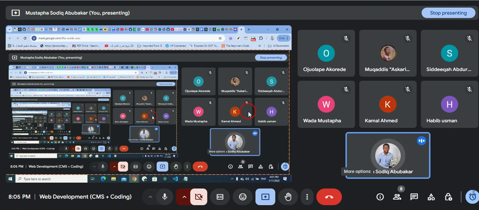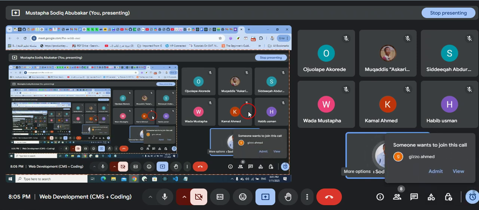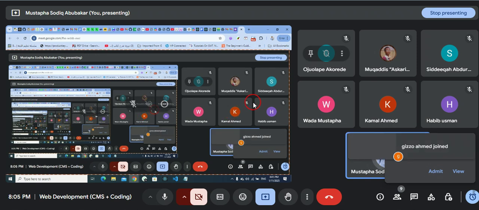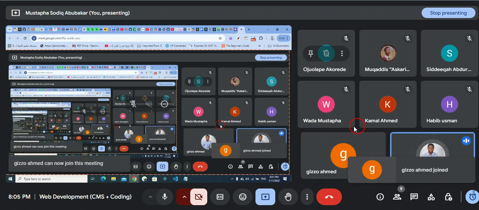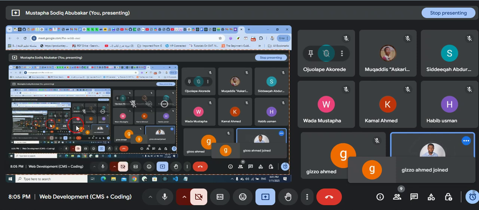And the tool that you have picked is what we call WordPress. We have a lot of them. We have WordPress, we have Joomla, we have Drupal, depending on what you want to do. But we are using WordPress. Why? Because WordPress is open source. That is, it is free to use by all. So you can use it anytime. You can twist it how you like. You can add, you can remove, and it has a lot of things that you can do with it, right?